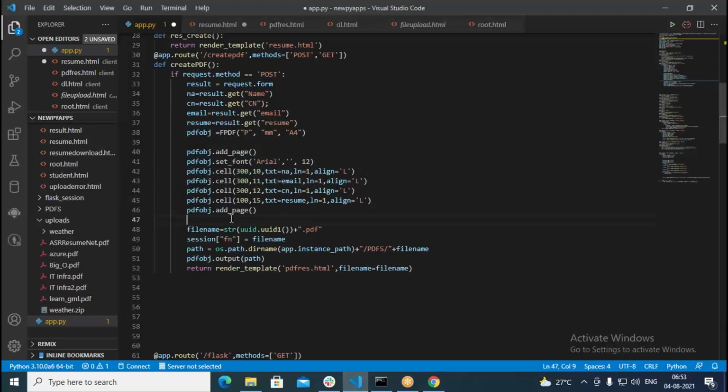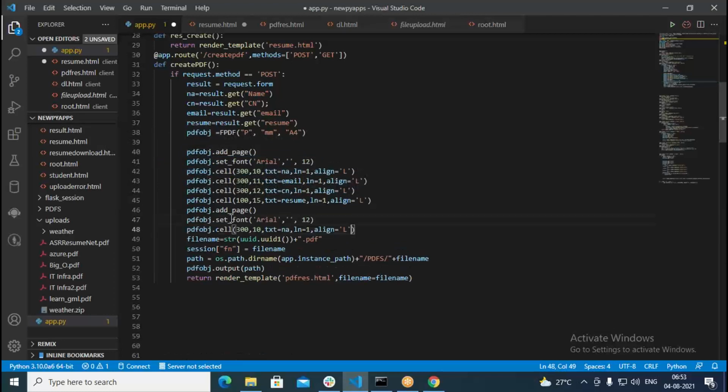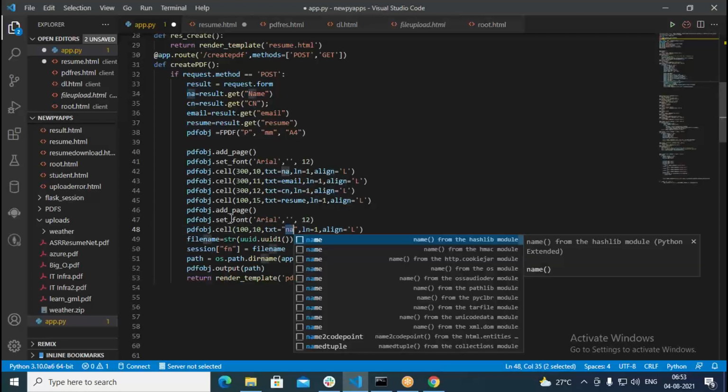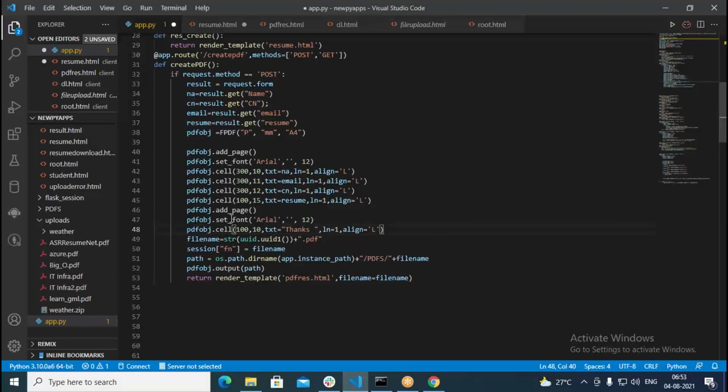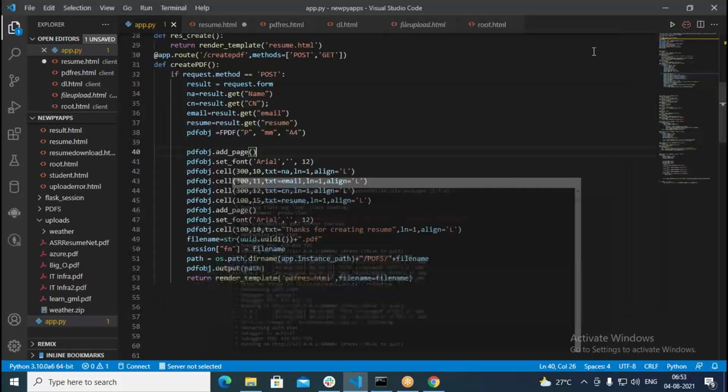But here, what we write, we go with 100.10, text equal to thanks for creating resume. Like this, we put here. So one more page we are going to add. Now here we have a total of 2 pages, first page and second page. Save this, then once again we try to create a PDF file.